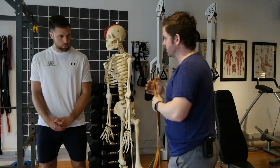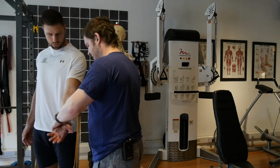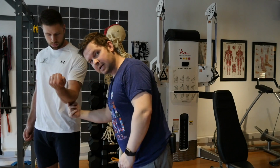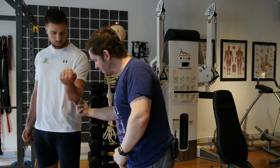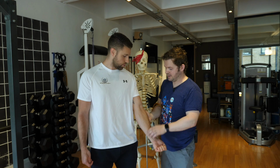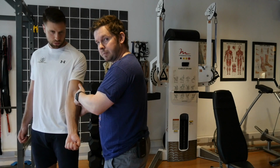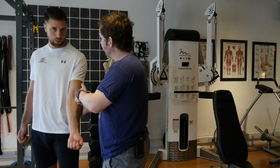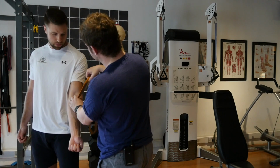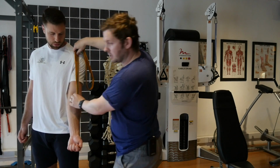So if we have a look on Luke, if you want to just step forward for us. The easy way to find on someone's body where the ulna is, it's the bone that's attached to the bottom here. So this bone here is the ulna. If I dig in, that radius is going to be underneath this little bit of chunky muscle that he's got going on right here. So that muscle comes down, attaches somewhere in there, and then you've got the short head and the long head. So coming back to Stanley,